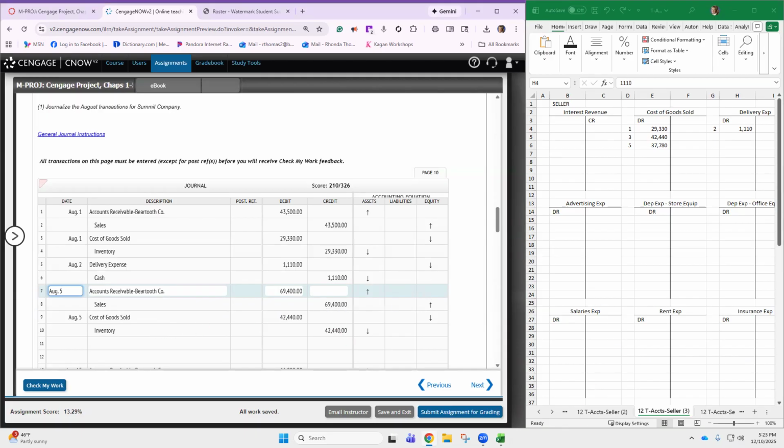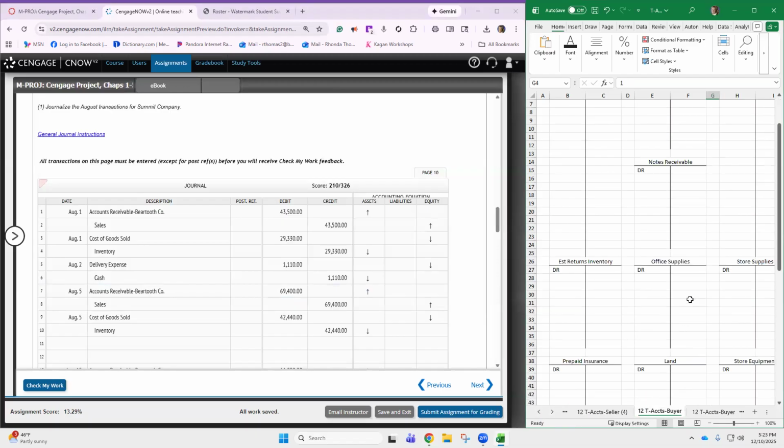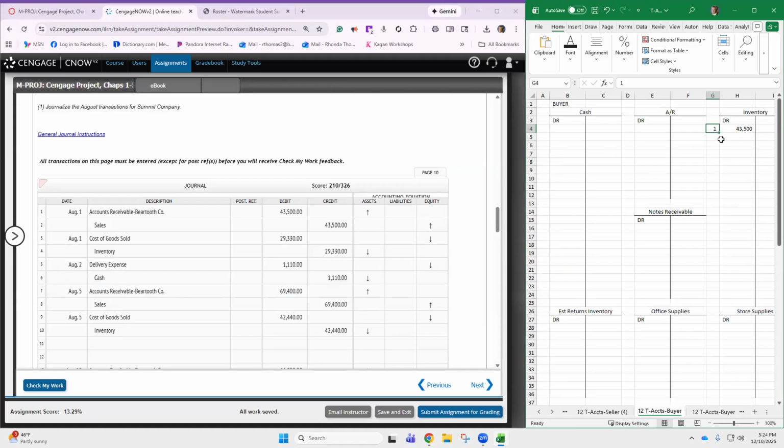So now from Beartooth's point of view, we're going to go to their T accounts now. That second sale was inventory going up, and actually this is the third transaction. The third transaction in the list. Okay, got one list. We're supposed to understand both sides of this. So $69,400 goes in inventory. And then we want to record it in the Summit Company's